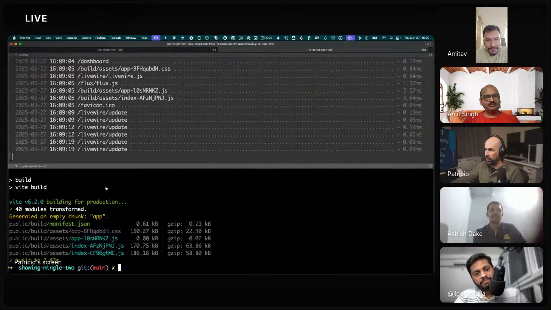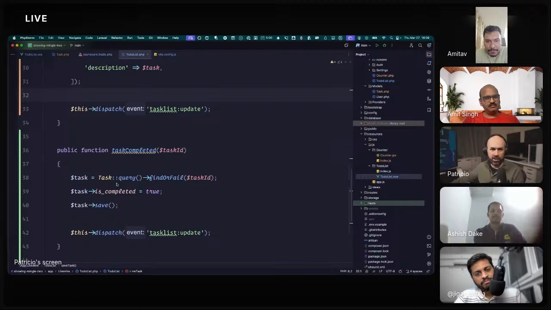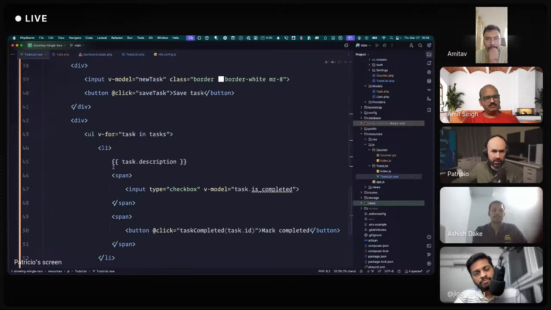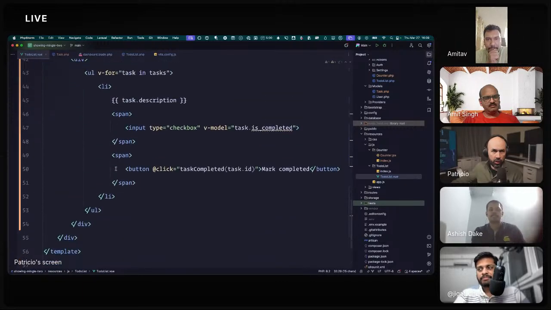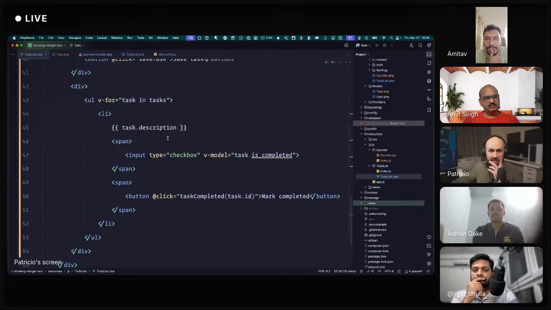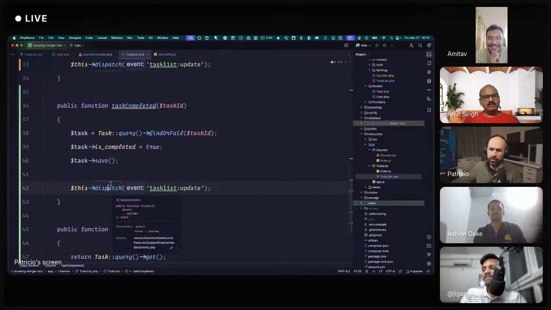And also, we wanted to do the log as Amitav suggested. We want to update that div for the log. Oh, it's outside Mingle. Yeah, div ID log. We wanted it after saving a task. Do you want to do it with an event or with a return? I will let Amitav answer that. With the return is something which would be interesting to see.